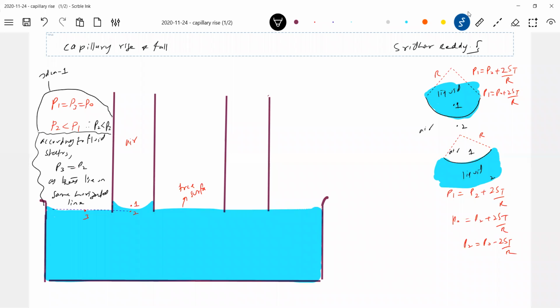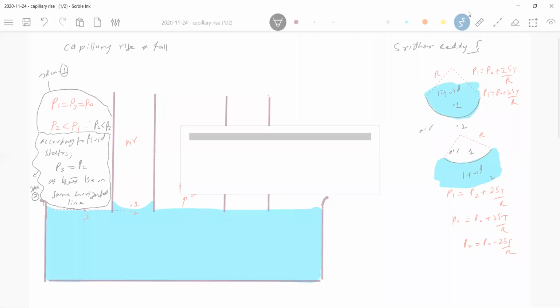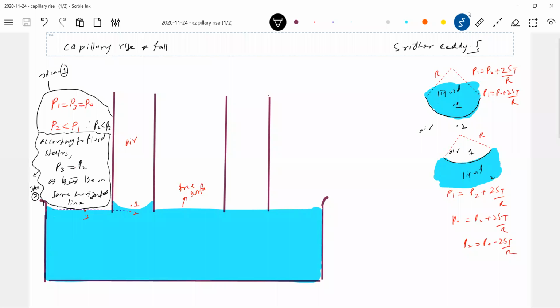Next, according to fluid statics, there's another idea. I'm drawing it nearby so that a student has to put effort here. I would have written it somewhere, but it's of no use. This idea too. Tell me, who is correct? Both are contradicting each other, no? I may use the word. Shall I use the word? Contradicting. All of you.